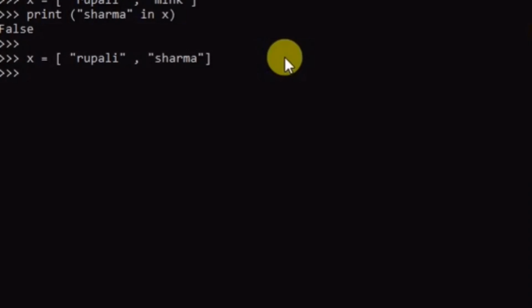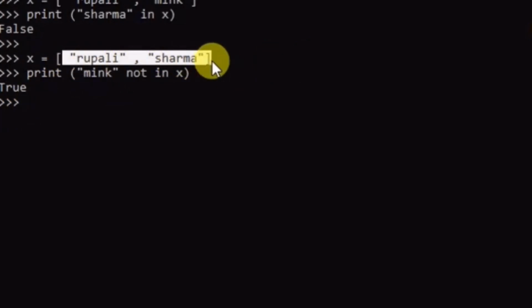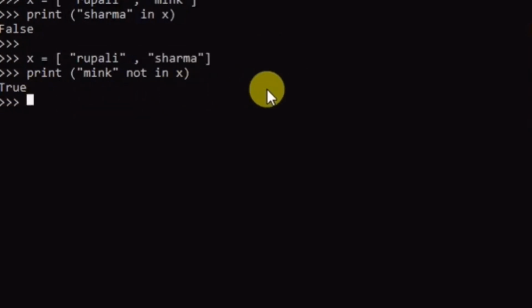To see the output I use the print function, asking if Mink is not in X, not present in X. We'll see the output: true, the name Mink is not present in these variable values. So the answer is true, that is, not found.